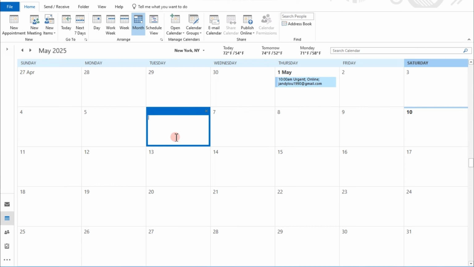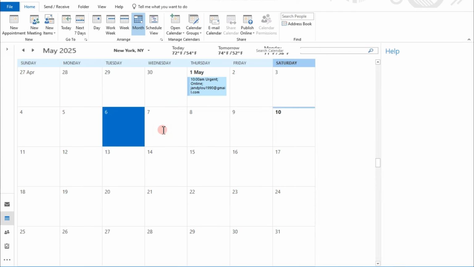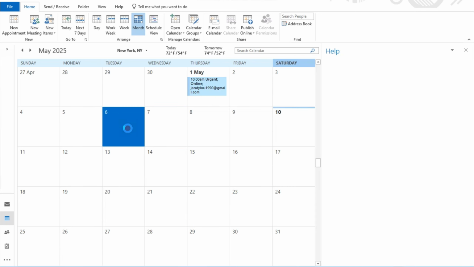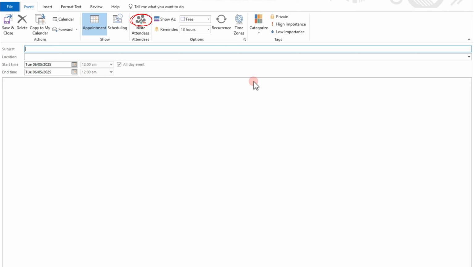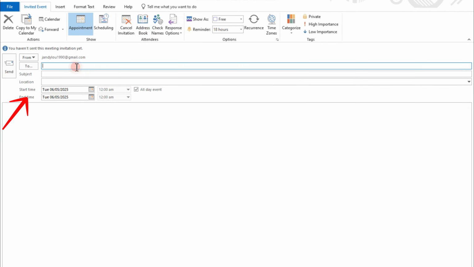So first you have to simply open and log into your Outlook, select a specific date, double tap and you should see the option invite attendees above. Tap that one. Now here what you're going to do next is to simply add their email address, and also